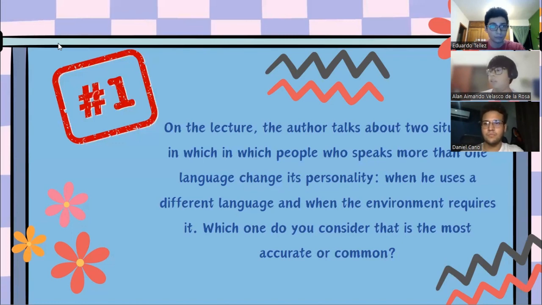Yeah, I agree with what my classmates just said, because when we use a different language, we only produce the sounds, but we depend on the environment. I'm going to explain this. For example, if we are in a meeting with Italian people, we produce the language if we know Italian, but we don't change personality. We just speak. But in Italian culture, for example, they make a lot of gestures, so you need to change to that, even if you are not used to it. So the environment is the most common change when we speak a different language. I don't know, what do you think about this?